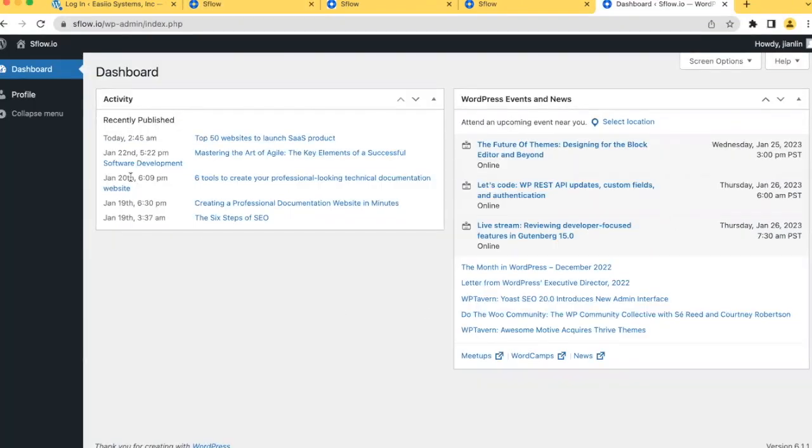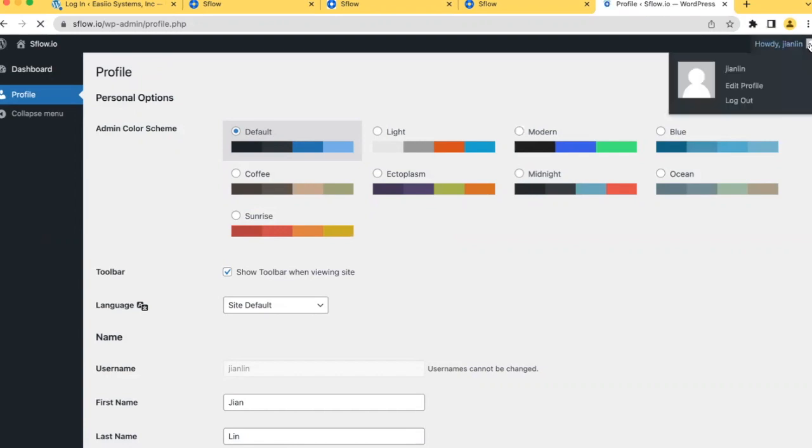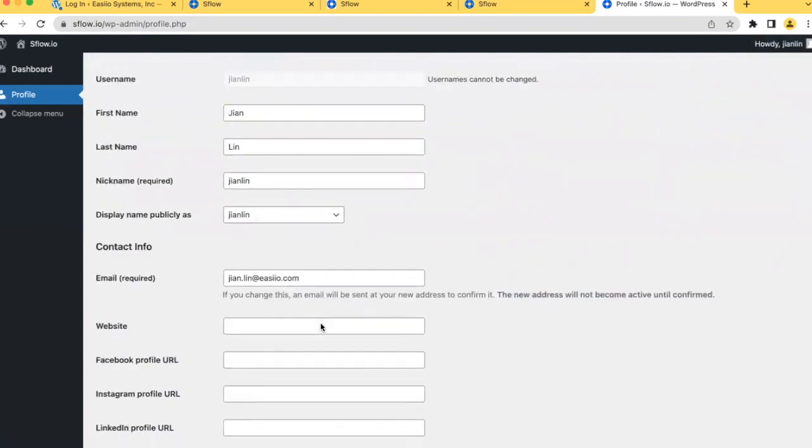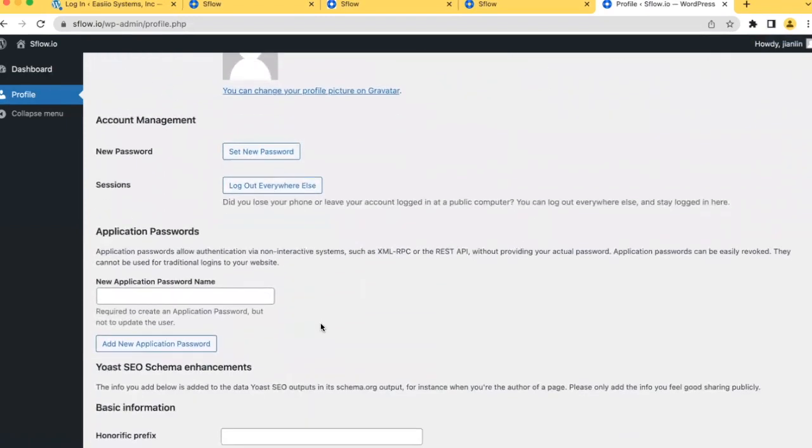Okay, to get the automation passcode for WordPress, you cannot use your regular login. Once you log into your user, you have to go to the username and then edit profile, which will bring you here, right? And then if you scroll down all the way, you should see something like